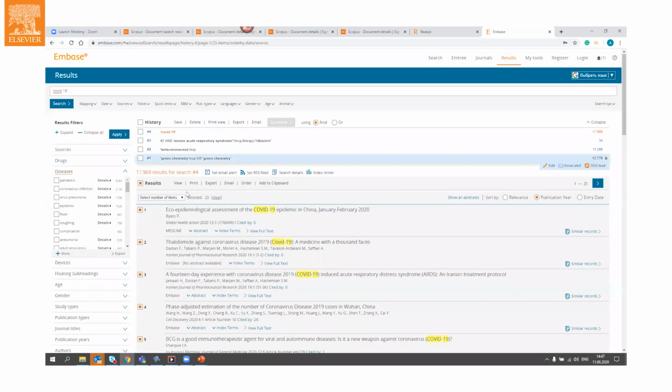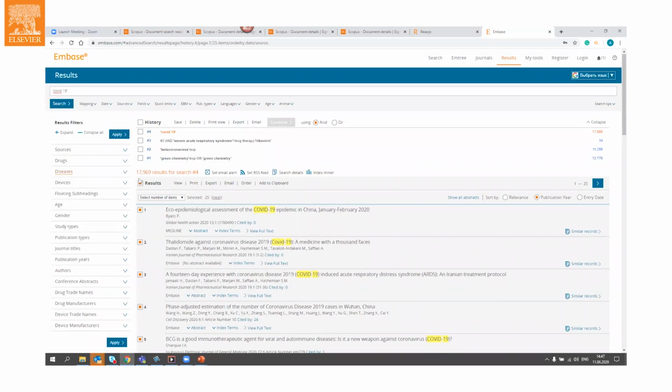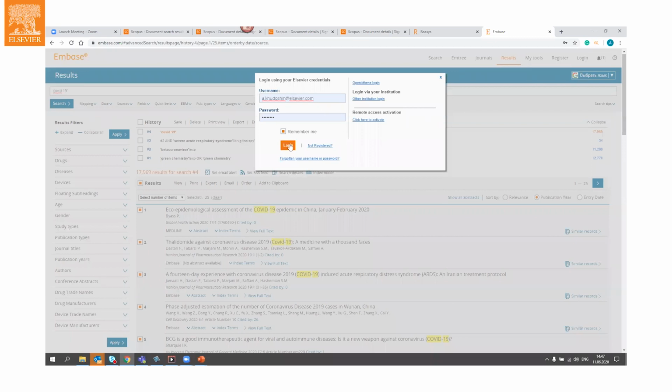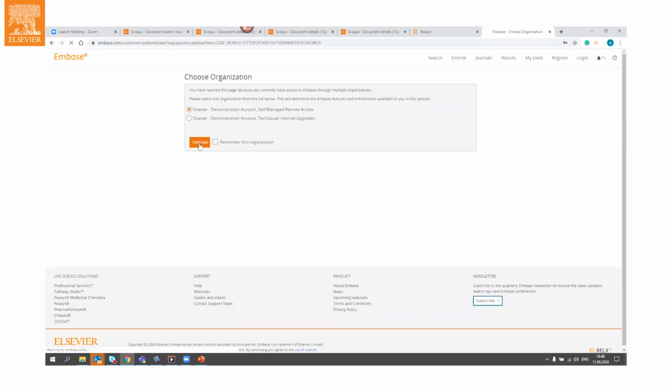Also, if you want to keep awareness about some research topic you like, you can set up an alert for your results. So from this search, you just need to click email alert. But the system advises that first, to manage alerts, you need to create a login for your system. You need to go there and register, or log in if you already have your Elsevier credentials.